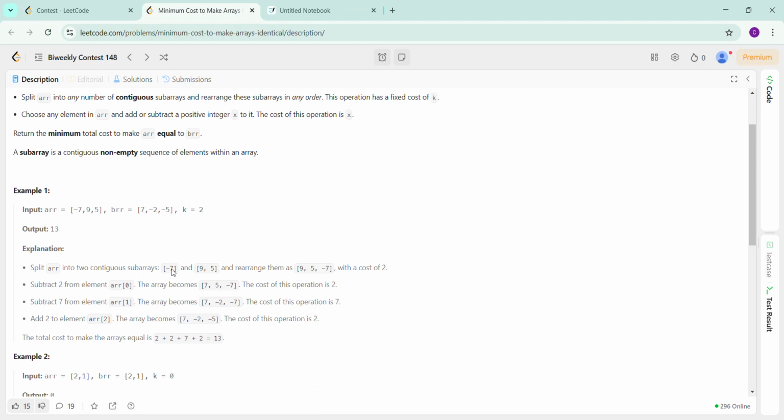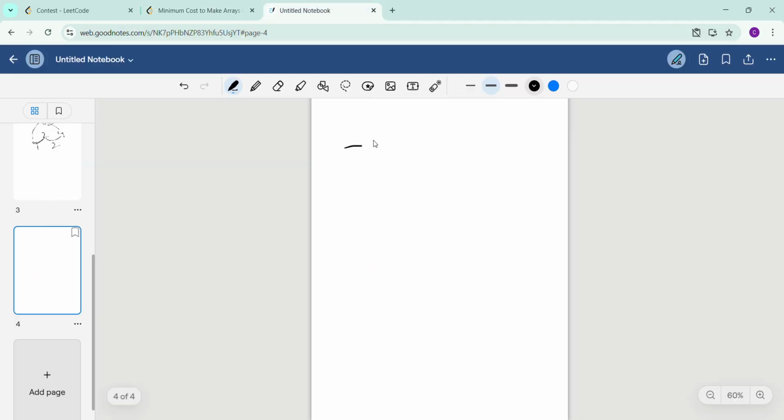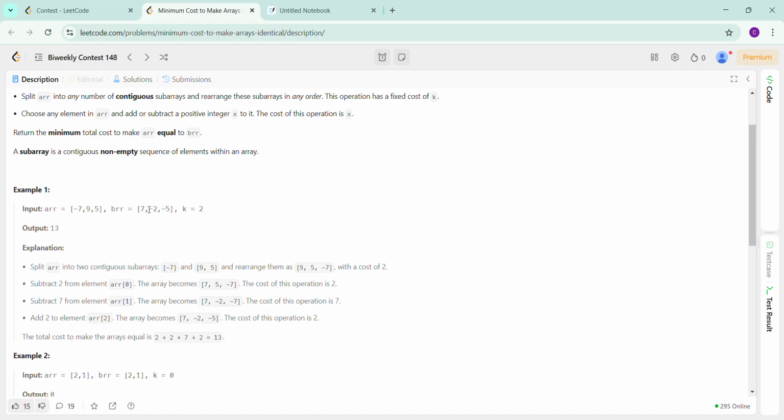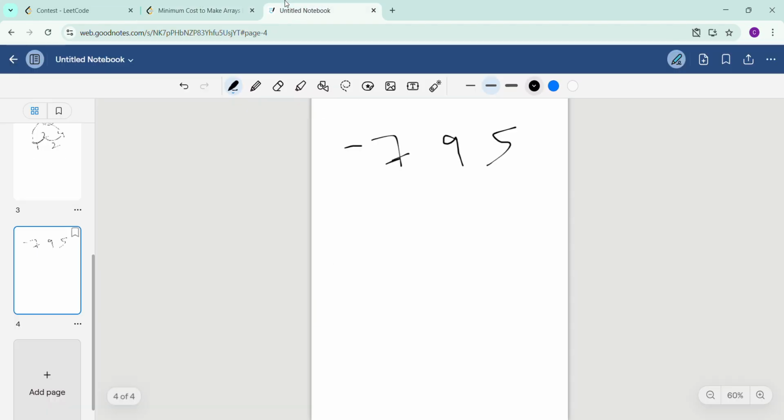Now suppose we take this example. My approach to solve this question is, suppose we have three elements, -7, 9 and 5, and the other array is 7, -2 and -5. That's fine. So my approach here is, we have two options. Option 1 is,